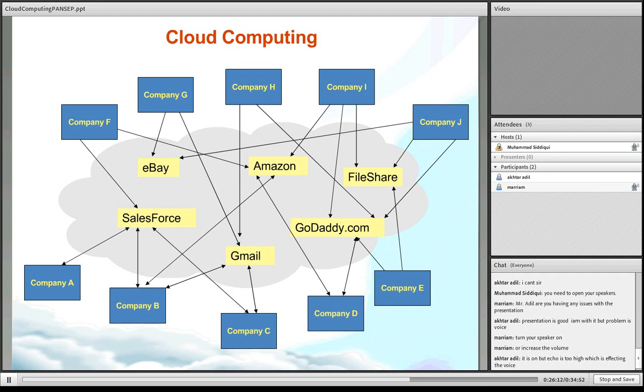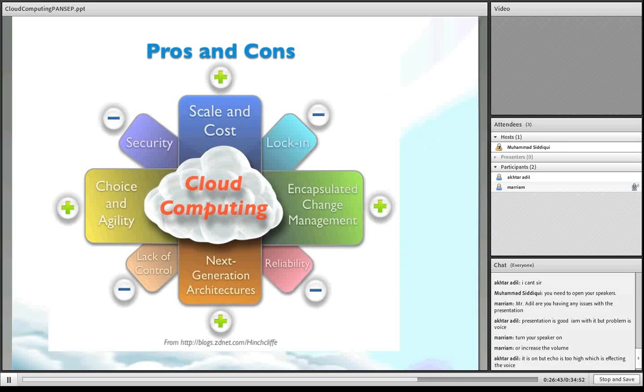So all your shopping cart, web, this and that, all that is sitting in the cloud. You don't have to have your own servers, your hardware, or your business software. So if you are selling on eBay, you are doing cloud computing. You don't need anything of your own. You only worry about the things you sell, and the software and all that you leave on eBay. So that's where cloud computing comes in. Now there are pros and cons, like everything else.